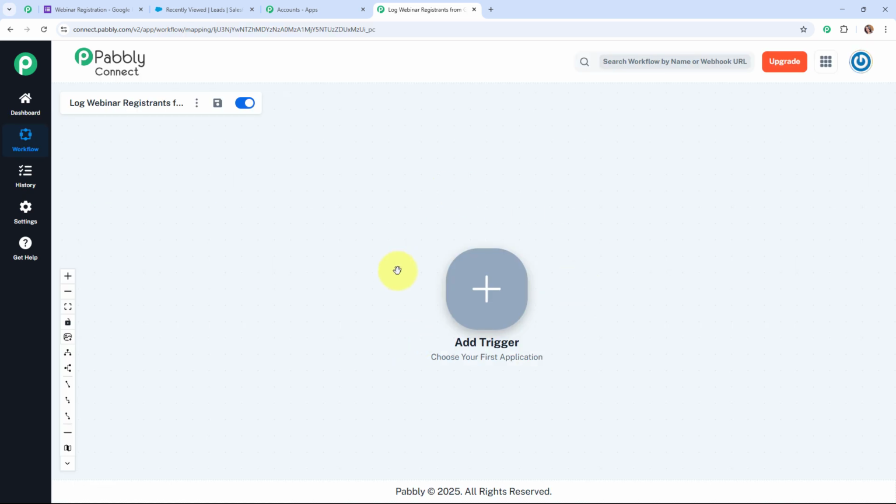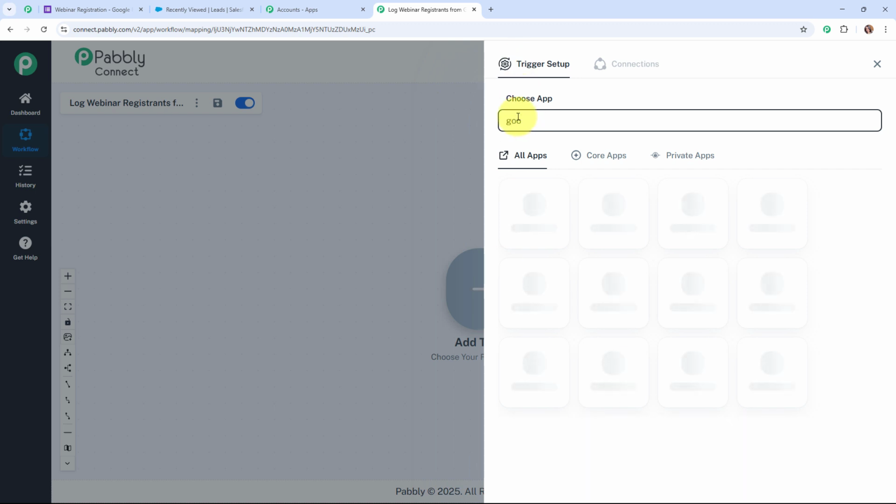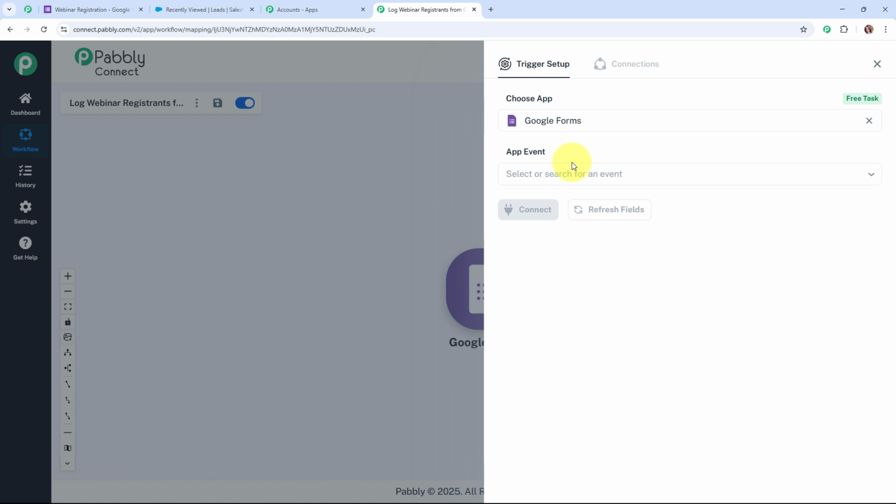Now here in this workflow window, you can see we have successfully created a workflow, and here let me tell you that there are two most important principles of an automation process, that are trigger and action. So firstly, we are going to set up our trigger over here by clicking on this add trigger, and as you all know, I am receiving new form submissions through Google Forms. So I'm going to select my trigger application as Google Forms to receive the webinar registrations, and I'm going to select my app event as new response received, so that when I receive a new response through Google Forms, then automatically and instantly Pabbly Connect is going to capture the response, or you can say this entire workflow is going to get triggered.